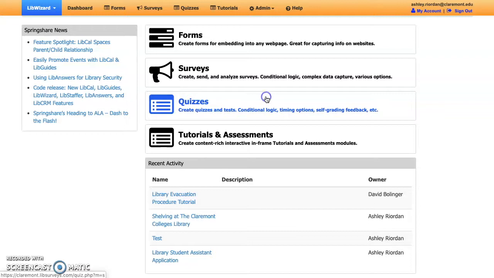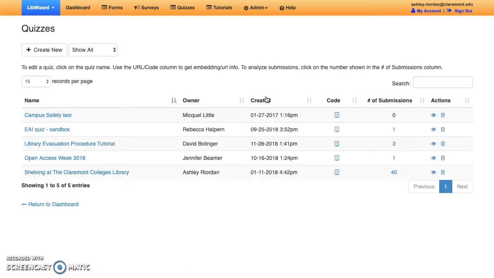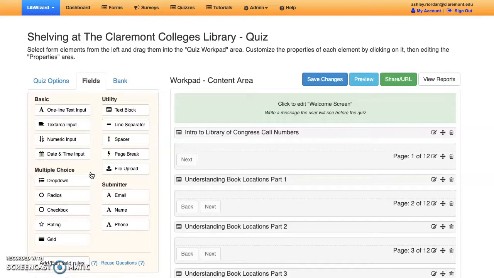So once we click on this quizzes option, you can see some of the quizzes that we have already created. I'm going to go ahead and click on this shelving tutorial, which is one that I created. So here you'll see the back end of the quiz, and this is kind of the area that we'll be working in and creating our